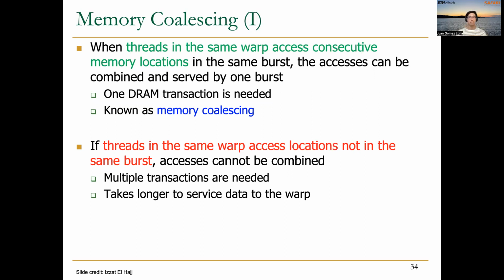And we may end up having even bank conflicts or channel conflicts if these threads belonging to the same warp try to access data from the same bank, or from the same channel. So in the end, multiple memory transactions, and this will definitely cause a reduction in the sustained memory bandwidth. This is sometimes called uncoalesced memory accesses, or memory divergence, and it's something that we should try to